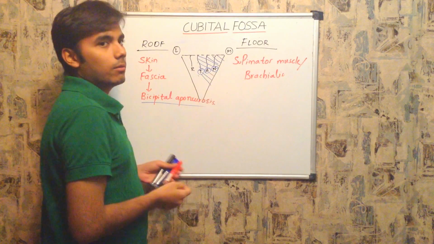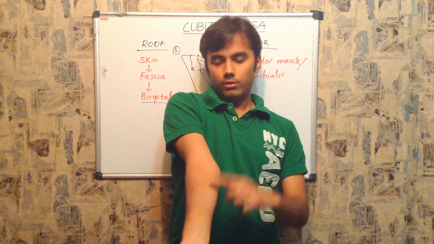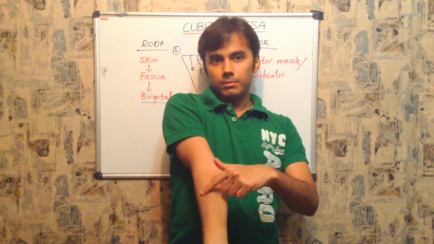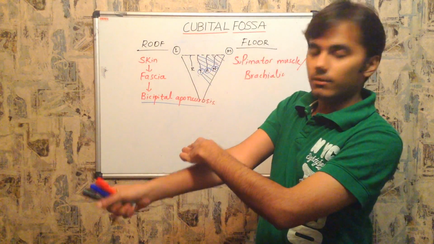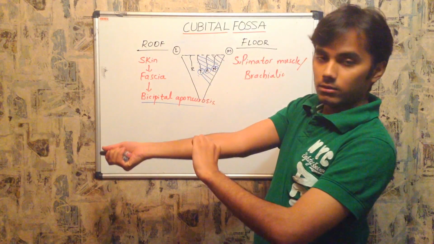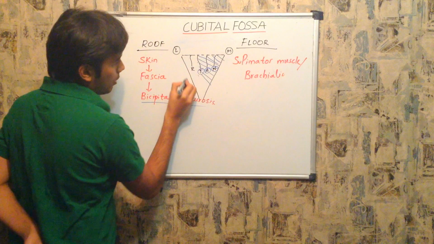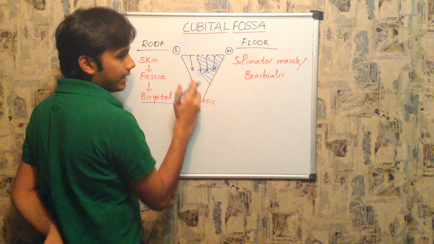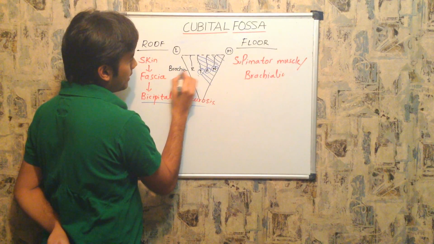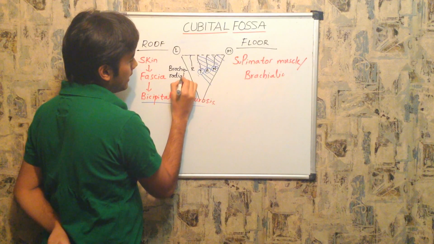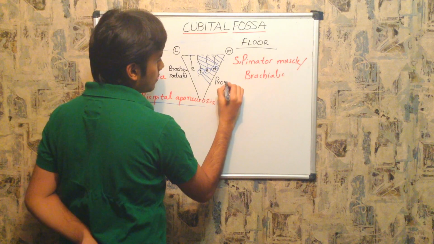And one more thing I would like to mention is that, as I told, this is the lateral border and this is the medial border, right? So the lateral border also contains one muscle, this big chunk of muscle which we find here. This one is called the brachioradialis muscle, and on the medial border we find one more muscle, called the pronator teres muscle, right? So now, the lateral border of the cubital fossa is lined by which muscle? It is brachioradialis muscle. Whereas the medial border is lined by pronator teres.